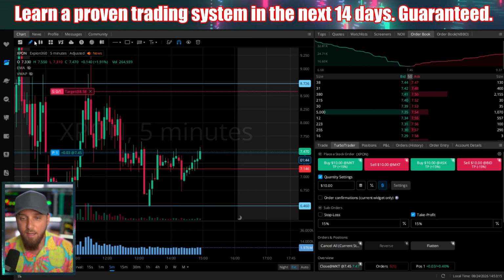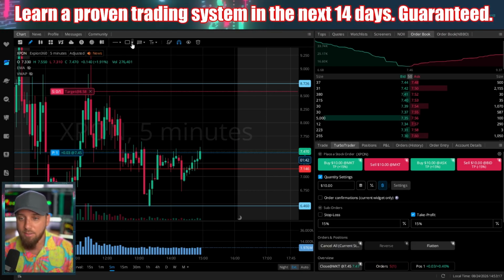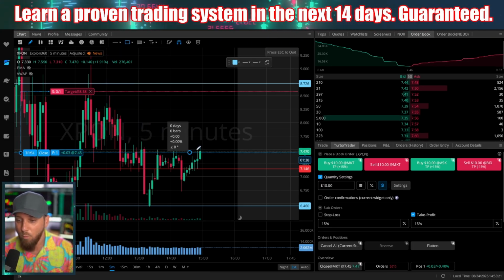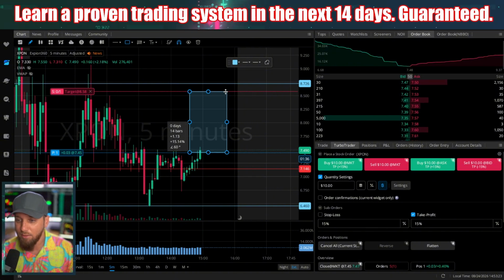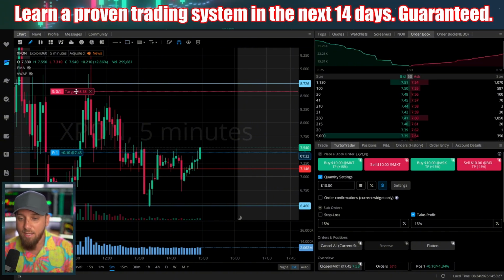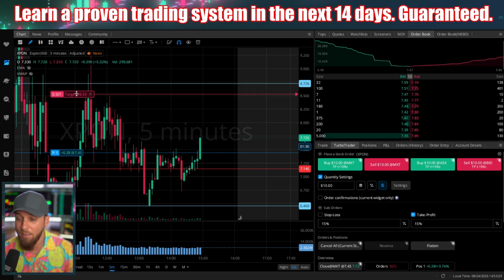To double check that, go up to the pencil icon drawings, click on the drop down menu, click on rectangle, and just simply measure that out from where you got entered, and you'll see that it's right there at 15.1%, almost perfect. If I want to adjust that at all and break it down a little bit lower to $8.53,